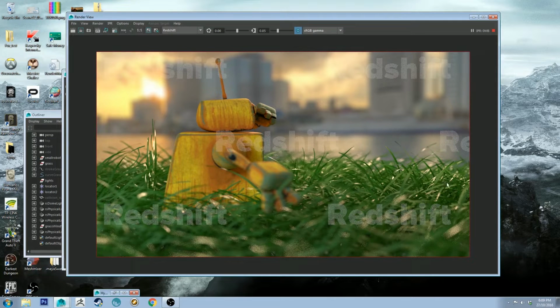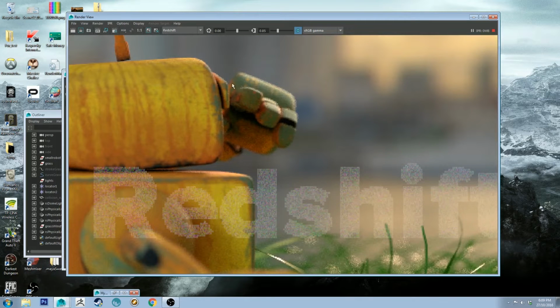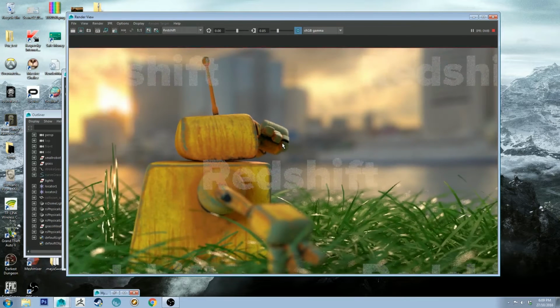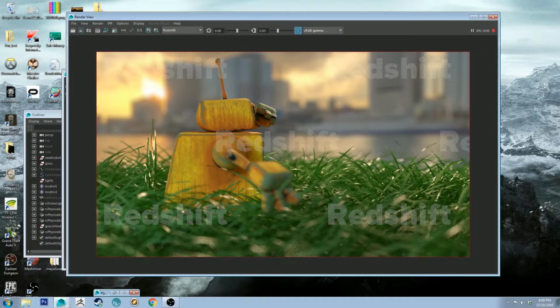Obviously it's starting to look really good now. You're getting that really nice definition on the grass. You can see his hand is pretty much rendered in completely now. A little bit of noise in the shadow areas, but that's to be expected. But overall, pretty impressive. So I'll do a quick zoom in here so you can see it work the bump